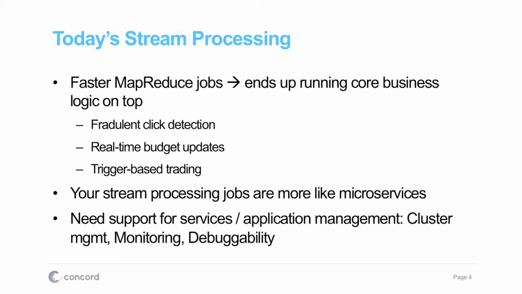My team and I come from working at a large private mobile exchange network where we were processing about 10 to 15 billion transactions a day. We were running fraud detection on impressions and clicks. We were also doing very fast budget updates of the advertisers so that they don't overrun their campaigns. But also, every time we see someone actually downloading an app or buying something on the website, we want to use those events to trigger our machine learning model so we can bid better and run our auctions better. So these eventually really become like little microservices that are running on top of